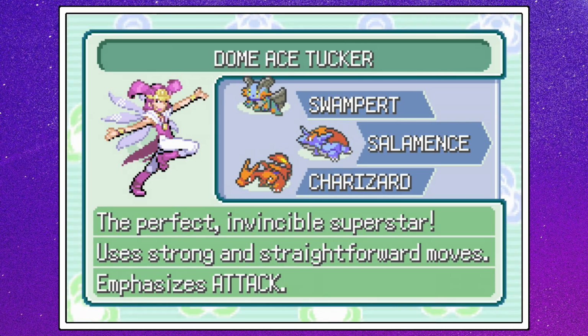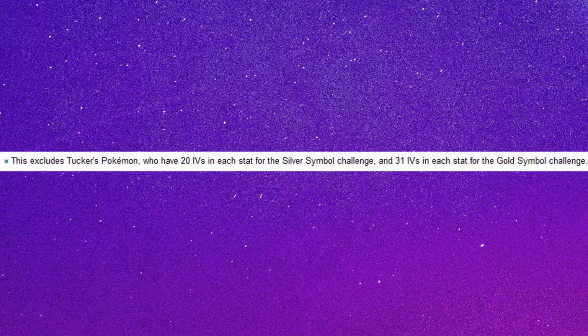Tucker's Pokemon are all pretty strong, but they each have a 4x weakness, which is something that applies to no other Frontier Brain. Well, okay, it can apply to one other brain, but we'll talk about him when we get to his facility. Despite the number of 4x weaknesses, Tucker's Pokemon are still pretty tough, as they have all their IVs set to 20. This is a bit of a jump from the normal trainers, whose IVs are all...